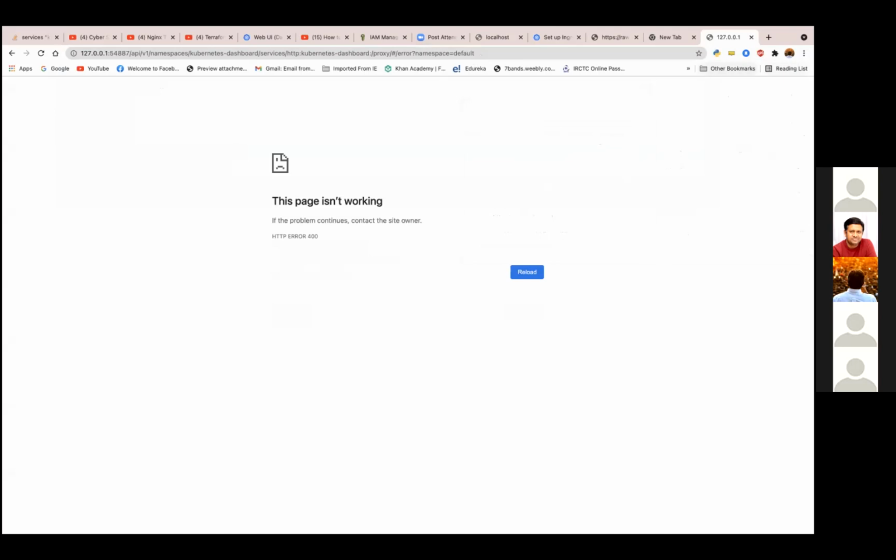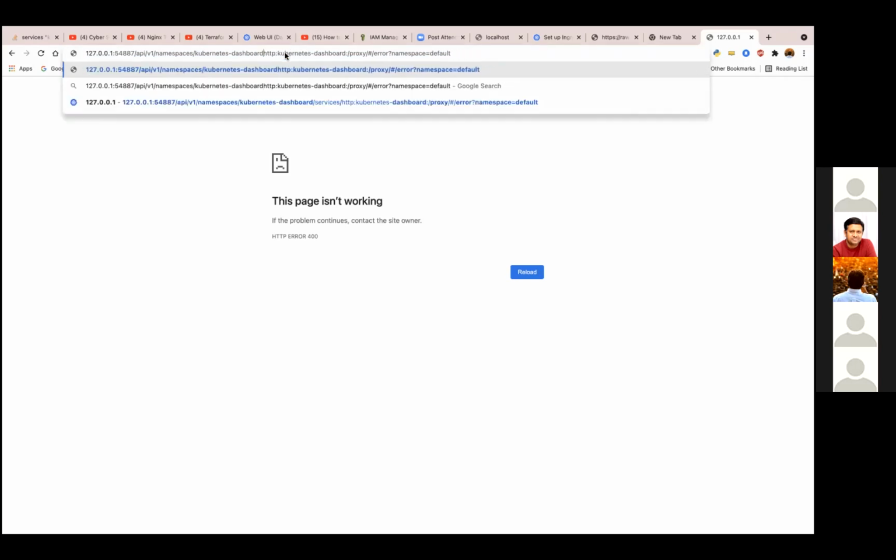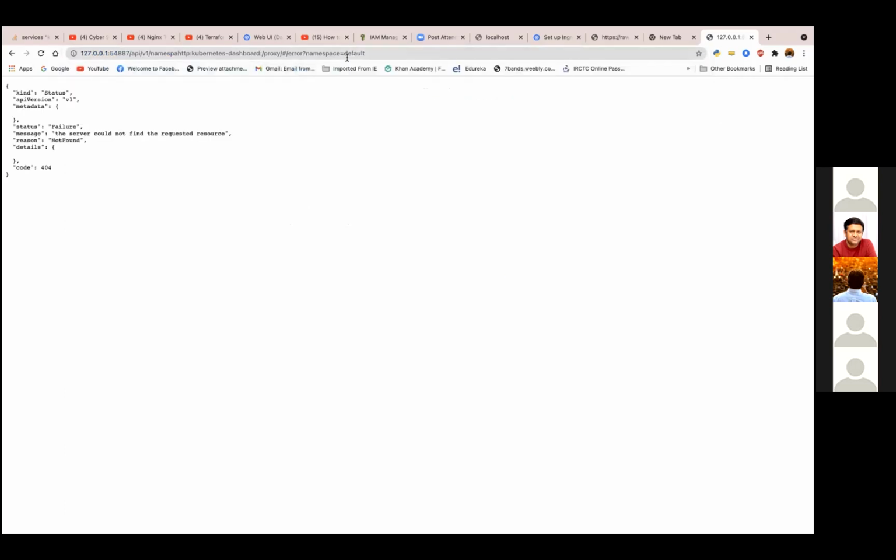Just open the dashboard, because I can see there are 2 URLs here. Just go to namespace. Can you cut that second part of it? From HTTP, yes. In the middle there's HTTP. Yes, cut that bit, the right hand bit. It is running, I can see. Not that side, this side. You're cutting the other way around.